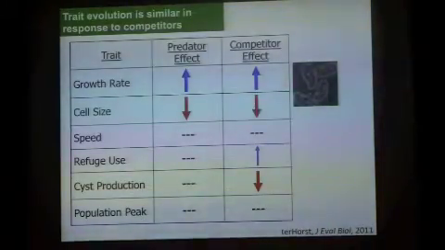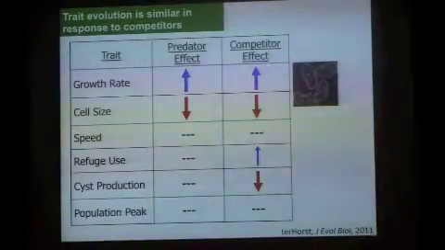So we also did the exact same experiment we did with this predator, but with another competitor. So this is Colpidium, which is a similarly sized ciliate. So we do the exact same treatments and allow evolution in response to the competitor, with the thought that we'd get a trade-off here, that traits that evolved in one way in response to a predator would evolve the other way in response to the competitor, and there'd be some trade-off between predator tolerance and competitive ability. And we didn't find that at all.